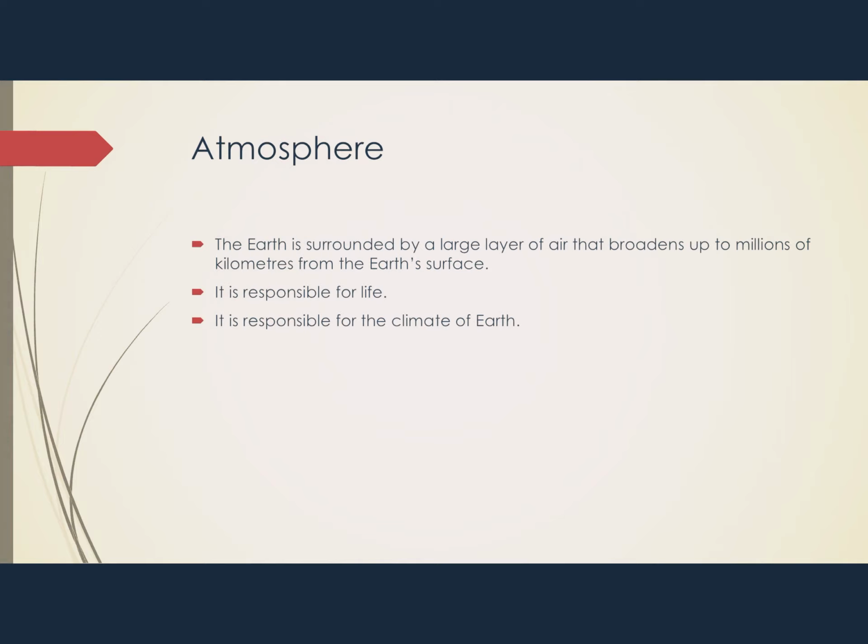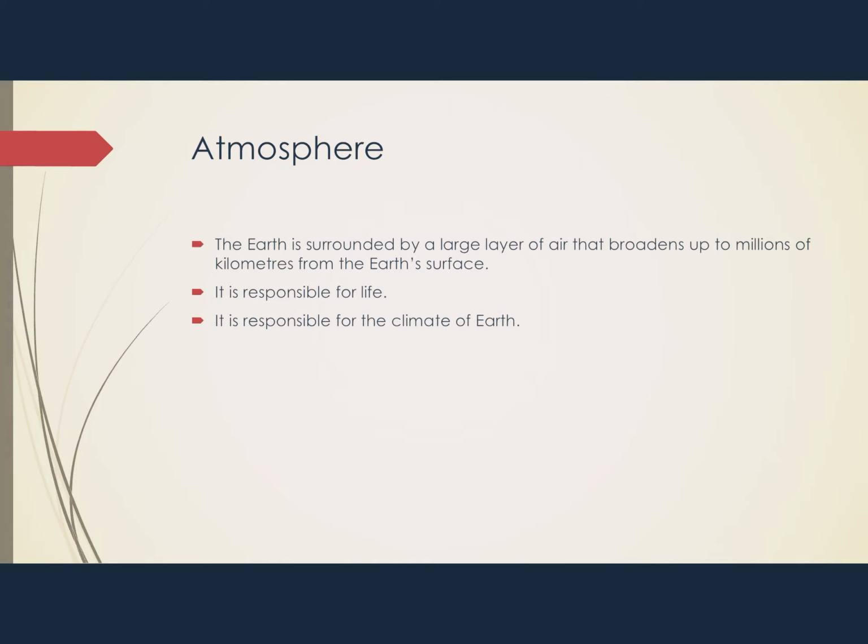The atmosphere is also responsible for weather changes. When the sun heats the Earth's surface, the air also gets heated up. Hot air being lighter rises up and the cold air rushes to take its place. This makes wind blow. Atmosphere also helps maintain the right temperature in the earth.